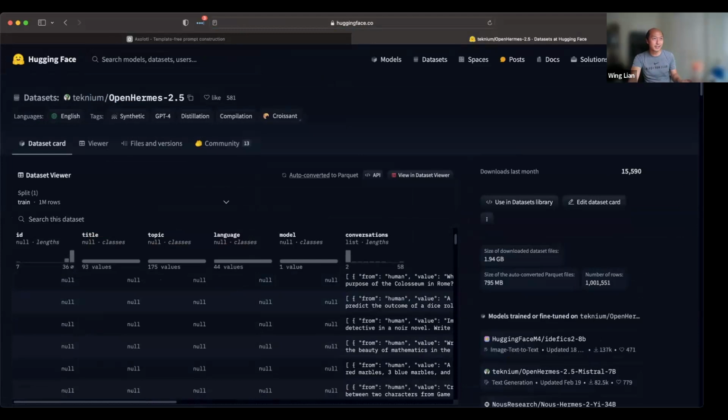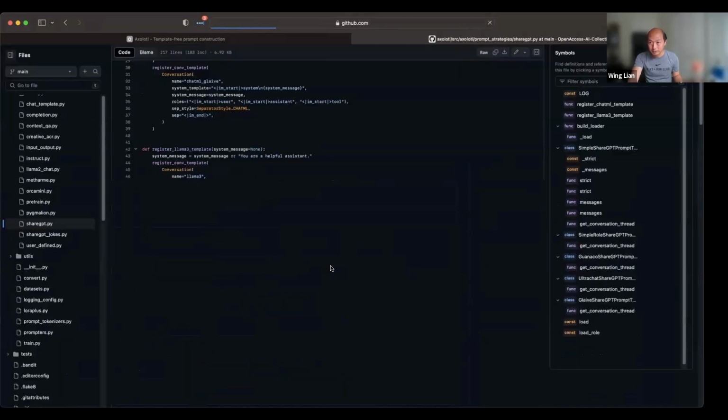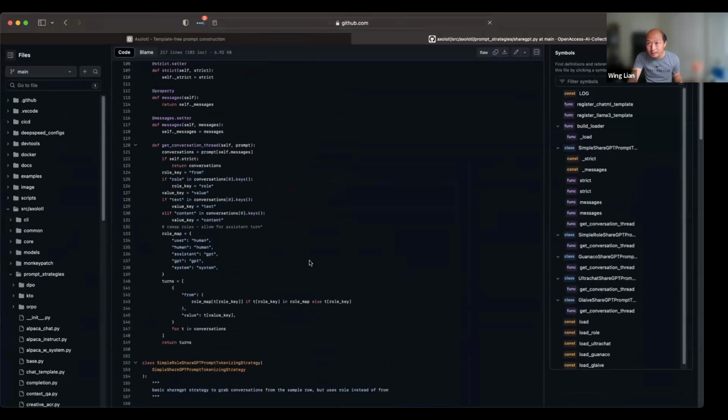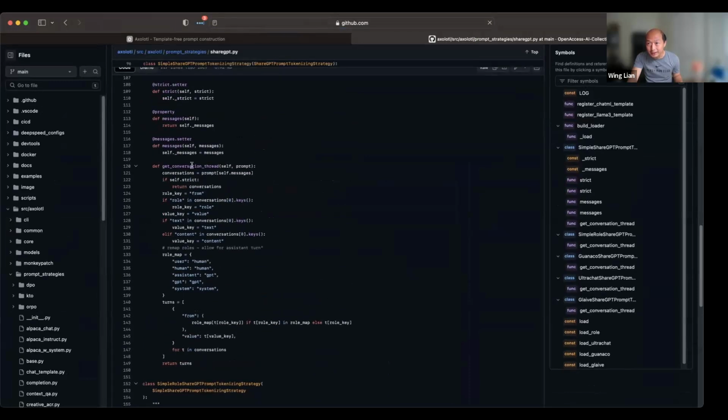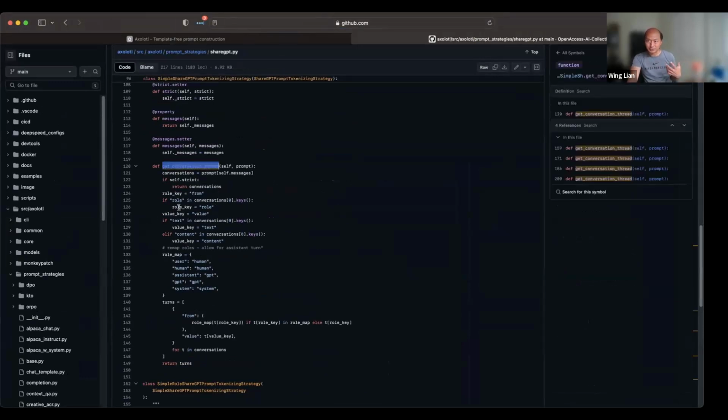But if you go and look at the code, source axolotl, strategy, you can see here, get conversation thread. It'll look at the keys and determine if it's a role and do a lot of that for you. So I wouldn't be too concerned about that.